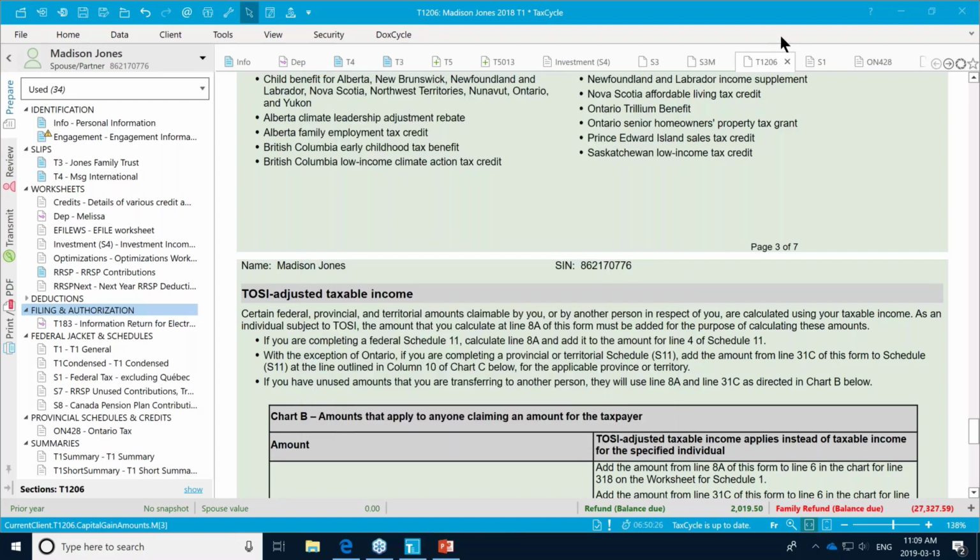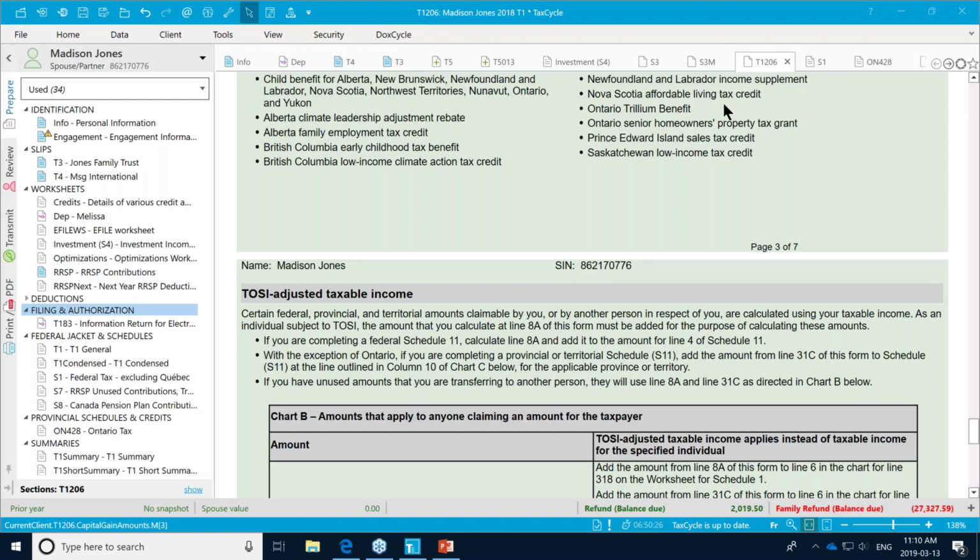All right, so next we are going to just quickly go over this. I just want to let you know before we start getting into the details of where things go into TaxCycle, that in this year's version of the T1206, we have added automatic calculations for most of the fields. So that will make your life a whole lot easier when you're dealing with tax on split income. These calculations are happening in the background, and I'll try to show you where they're all flowing to so that you can understand, and if there's any exceptions, you'll know where to go to address those.